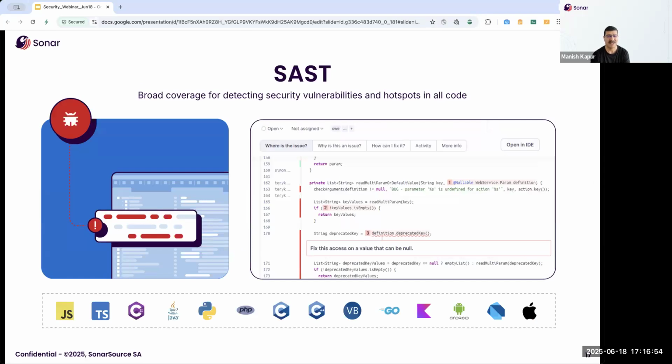So the first one is basically SAST, static application security testing. It's basically looking at your source code and detecting vulnerabilities without compiling the code, without building the code, right? So the kind of vulnerabilities that we detect here,